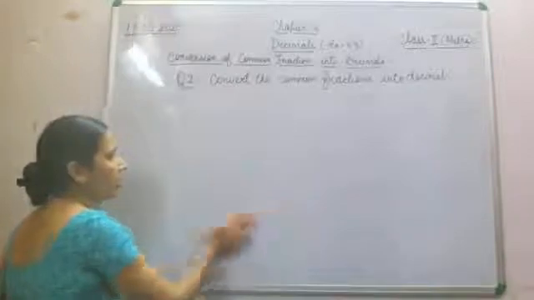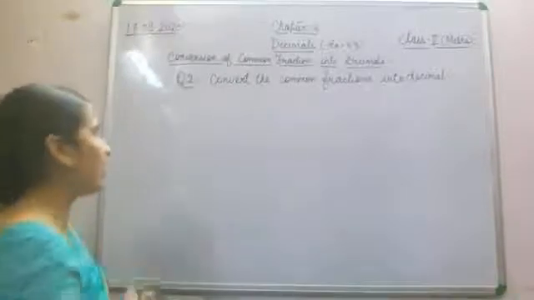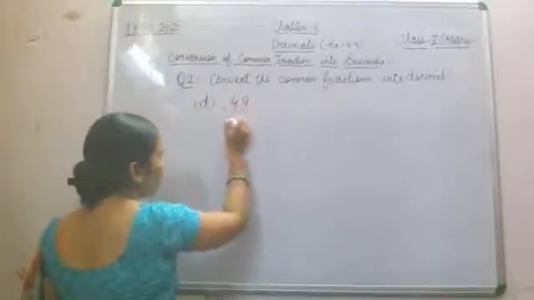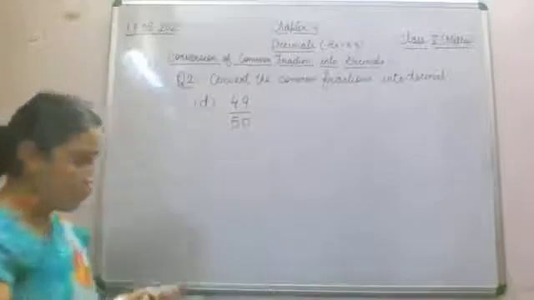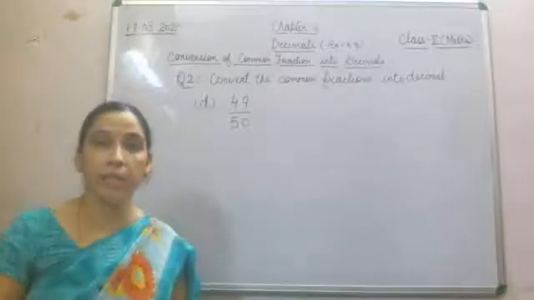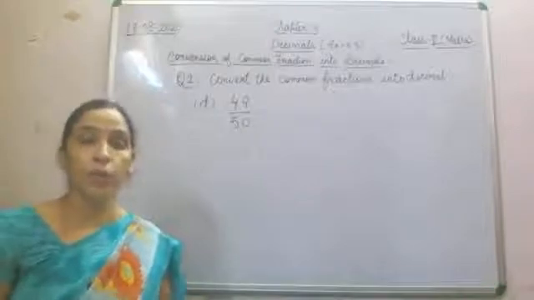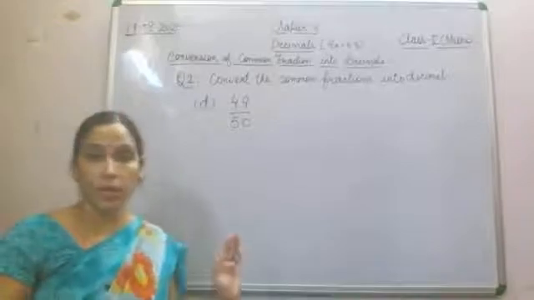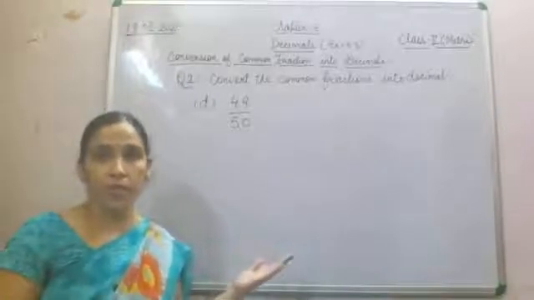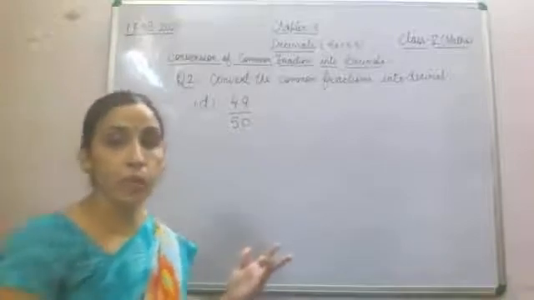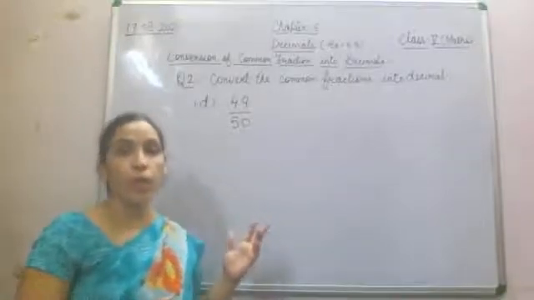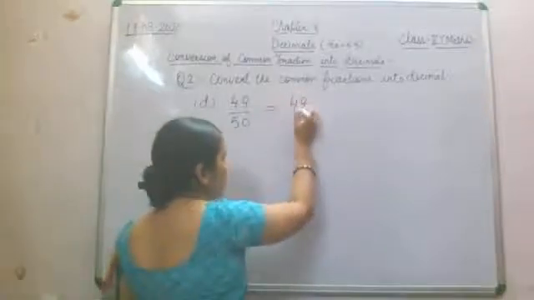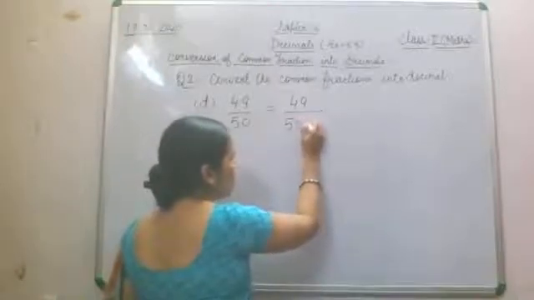Now we'll start our D part. Now D part is a fraction which is given to you, that is 49 by 50. Now children, see this question, 49 by 50. This fraction is given to you. Now you are supposed to convert the denominator into either 10. Now it cannot be converted into 10 because it is greater than that. So next step we have to see, we have to convert it into 100. Yes, we can convert it into 100 because 50 2s will be 100.